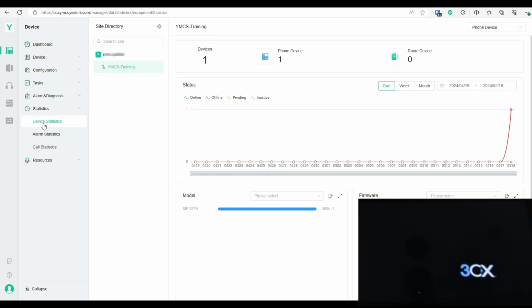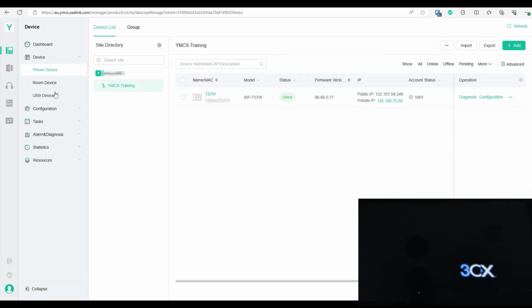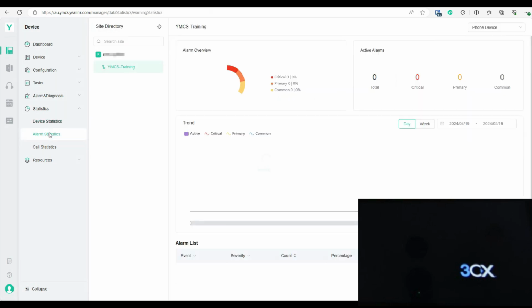Now, when we look at the device statistics, we can see that we have one device there, and apparently it has been offline for a certain point. But as it looks, it has not been triggered by the alarm statistics, because we will see that afterwards the alarm statistics is in the end